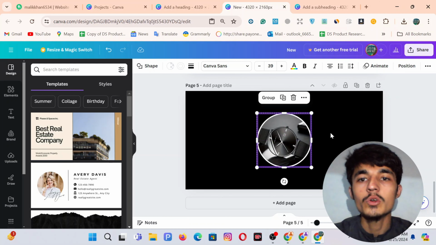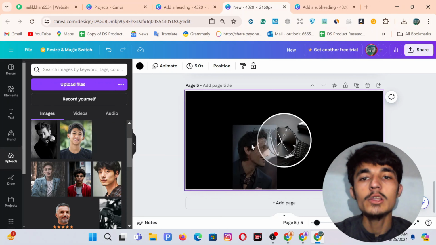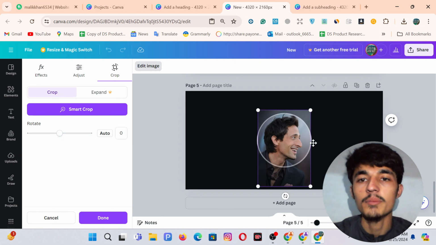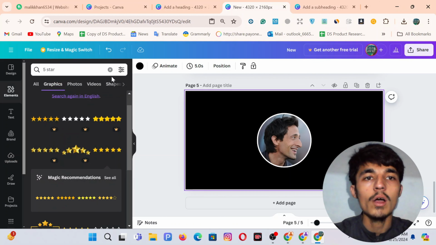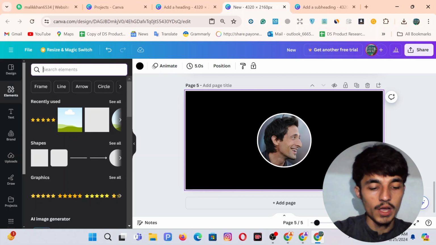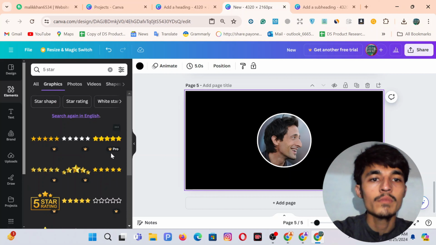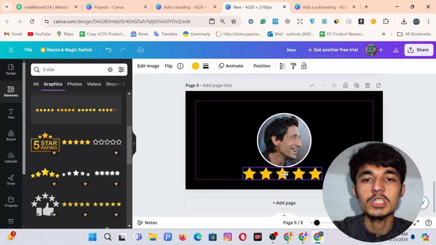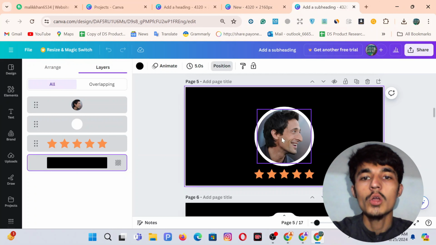Now what I'm going to do is change the picture. I click on upload, and I will use this picture instead. Here let me just resize the picture. Once this is done, click on elements and search for 5 star. I will write 5 star, and then come to graphics, and here we have these stars. You can scroll down and find similar stars. Once this is done, you can resize these stars also, and this is how you can create